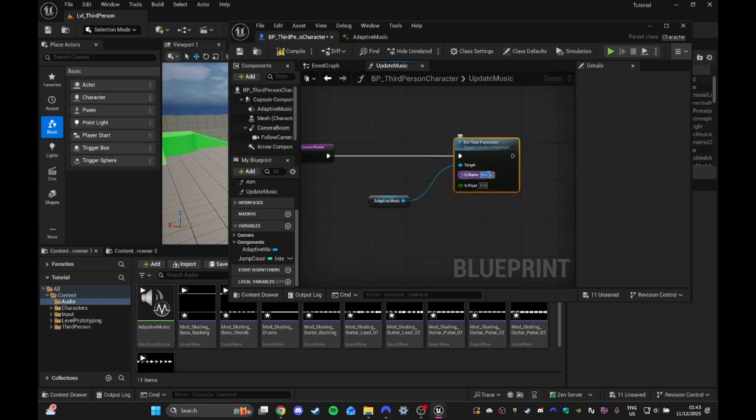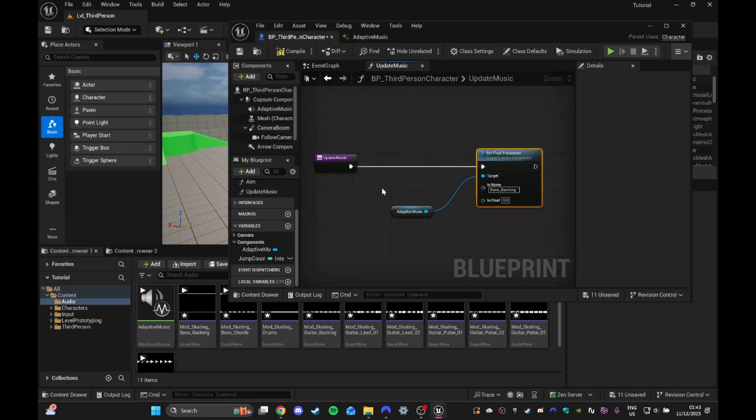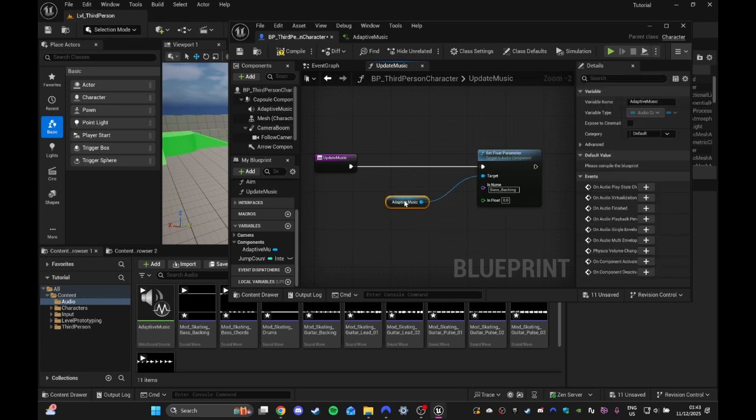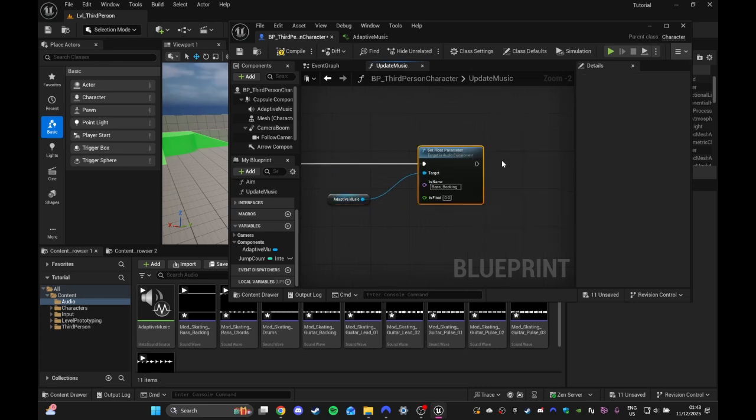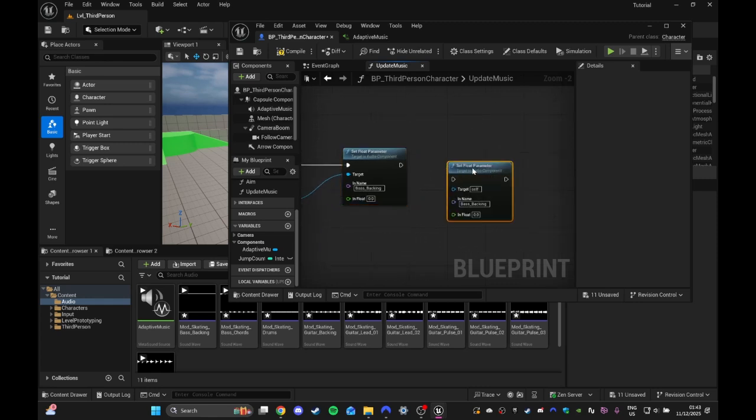And type in bass_backing. It will set the specified input of the targeted attribute to this float. So we need to do this for each of the